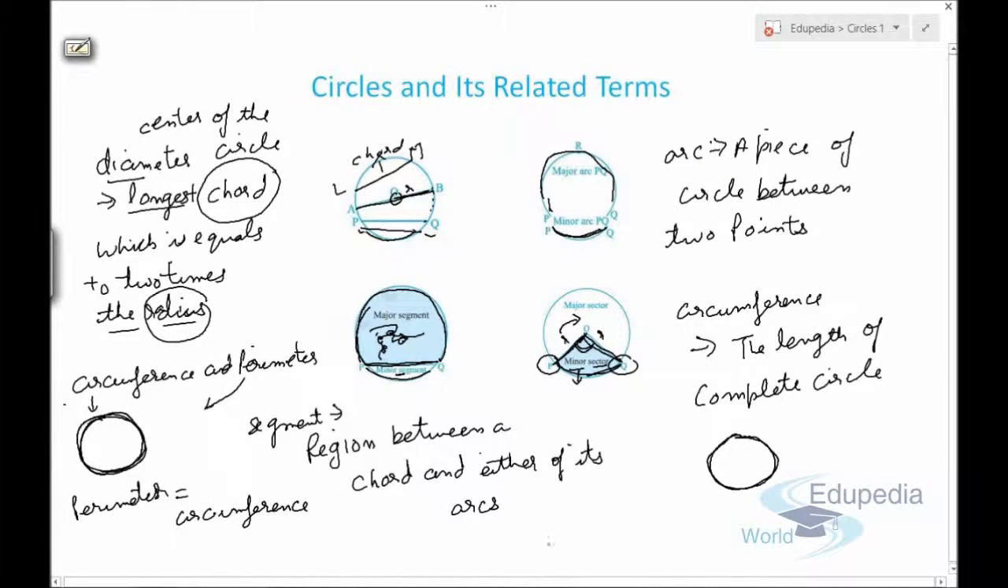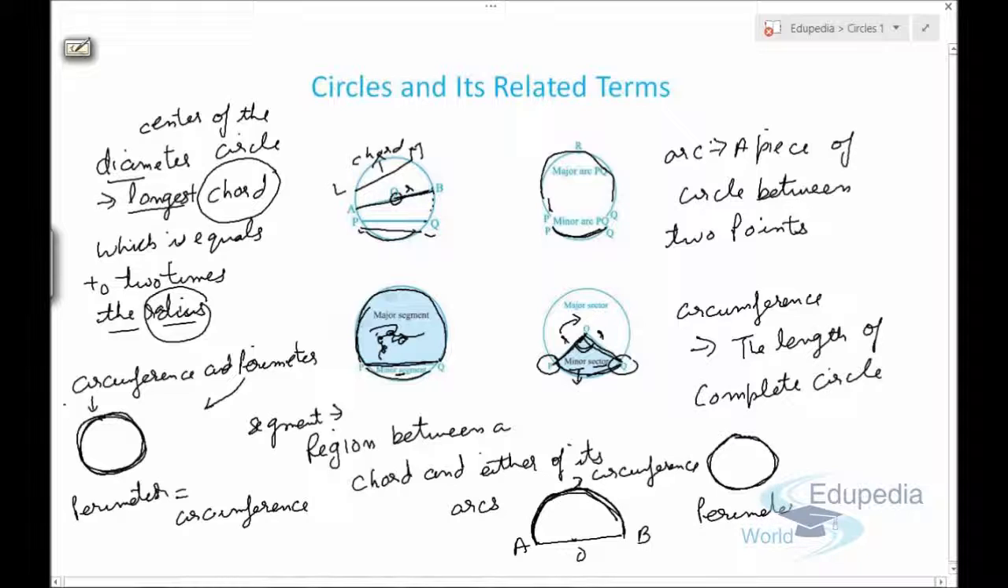Now if we consider a semicircle like this, then circumference is the length of the semicircle, so it will be like this. So circumference will be the length of this curved portion, right? So this is the circumference. Now let's say this is AB and this is center point O. So we can say that the length of a semicircle is its circumference. Now if we consider perimeter,